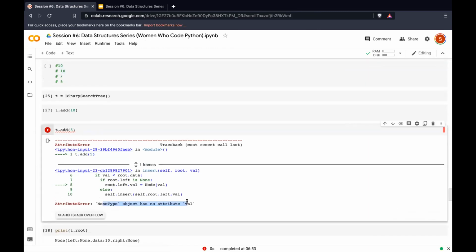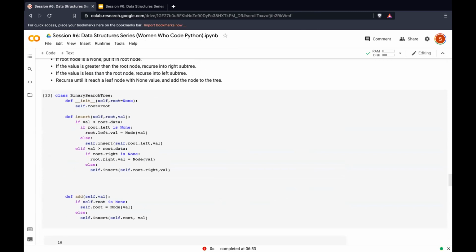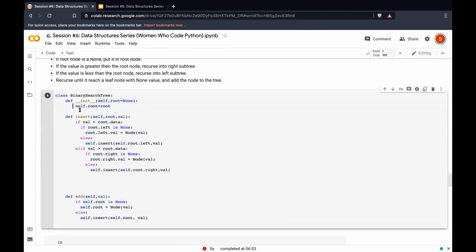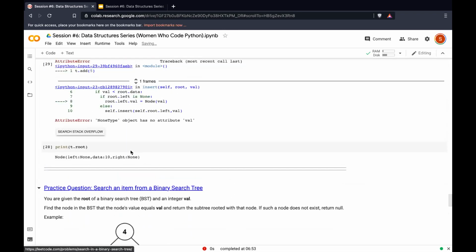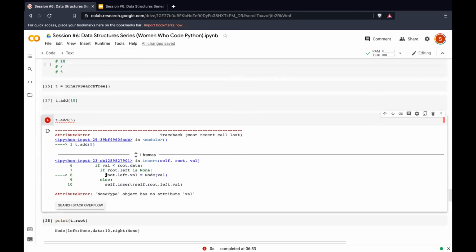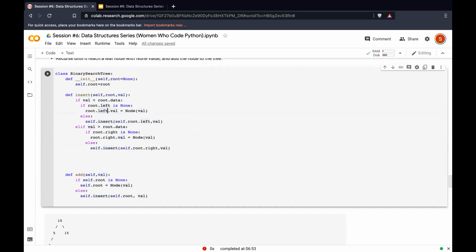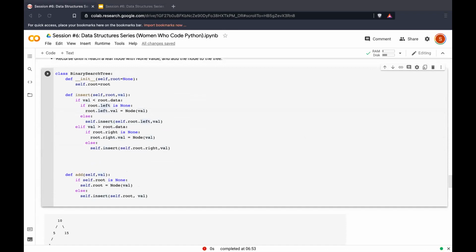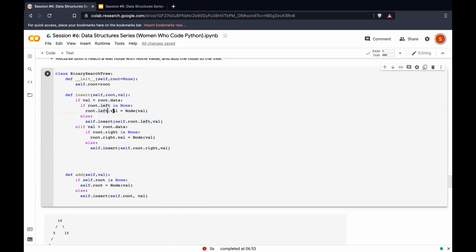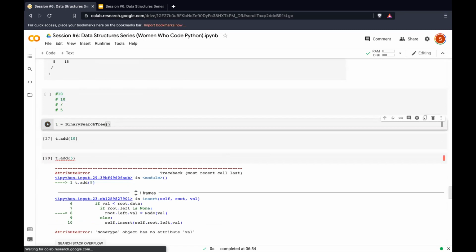Oops. Oh, NoneType has no value. Okay. See where that's happening. If root is not None, you do this. My root of data is this and this. This is None. I'm adding this value. My bad. So basically, if it's a None object, it cannot have anything, right? So I have to initialize it. All right. So I'll reinstantiate this and